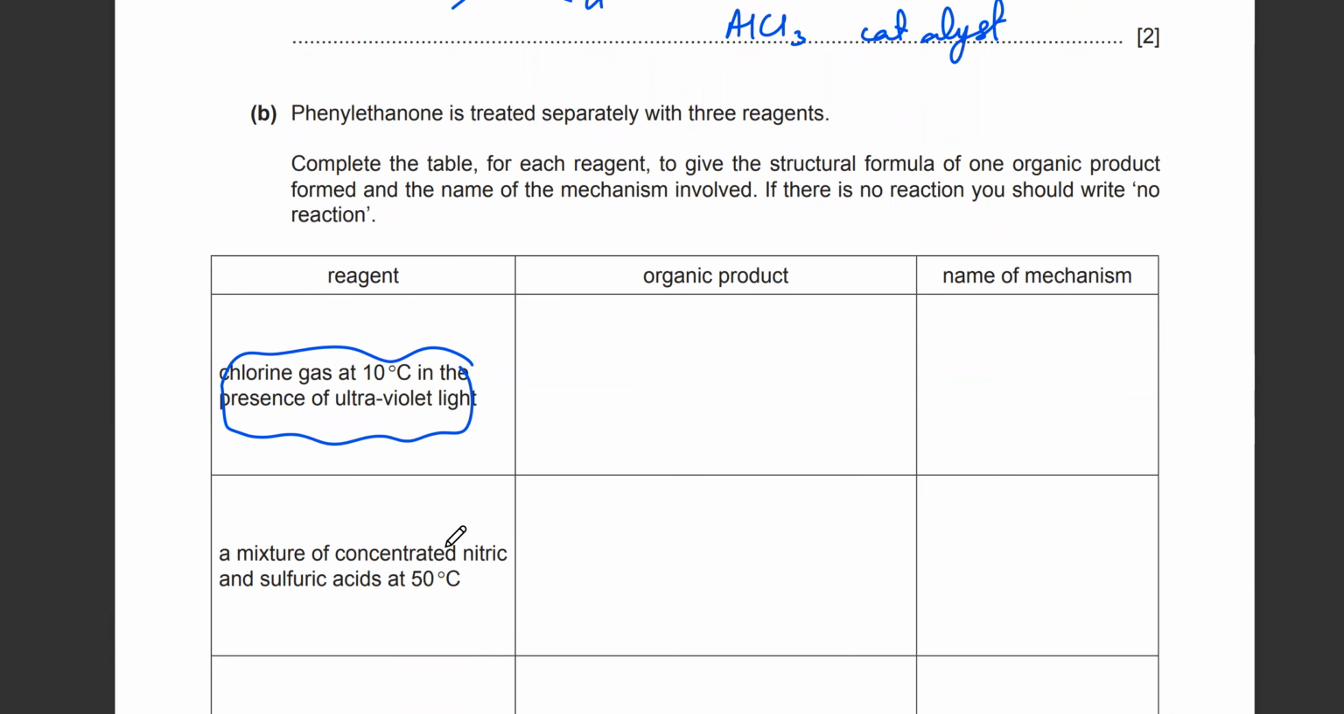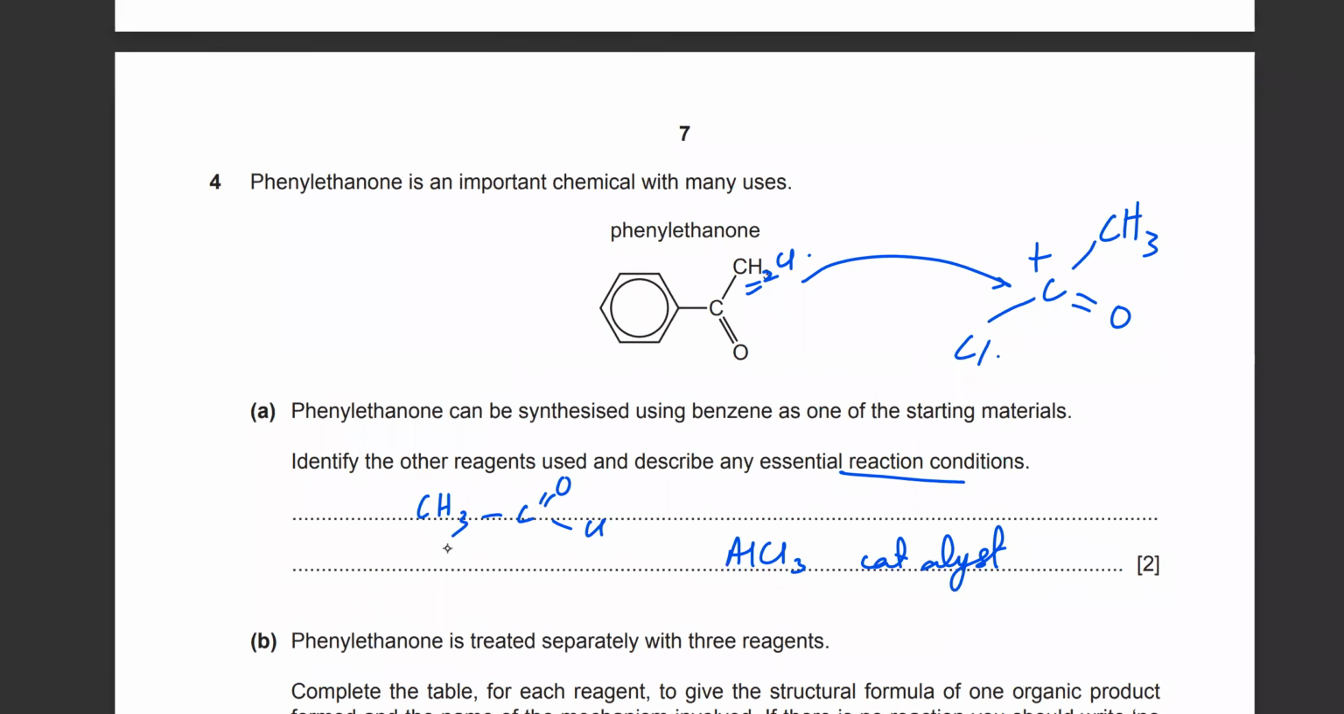Next one is nitric acid, sulfuric acid. Now, with nitric acid and sulfuric acid, what you're going to get is NO2 plus electrophiles. And this group over here, a ketone group, is an electron withdrawing group. So that means the NO2 will get attached at position numbers 3 or 5. Remember, electron withdrawing groups, the benzene always get